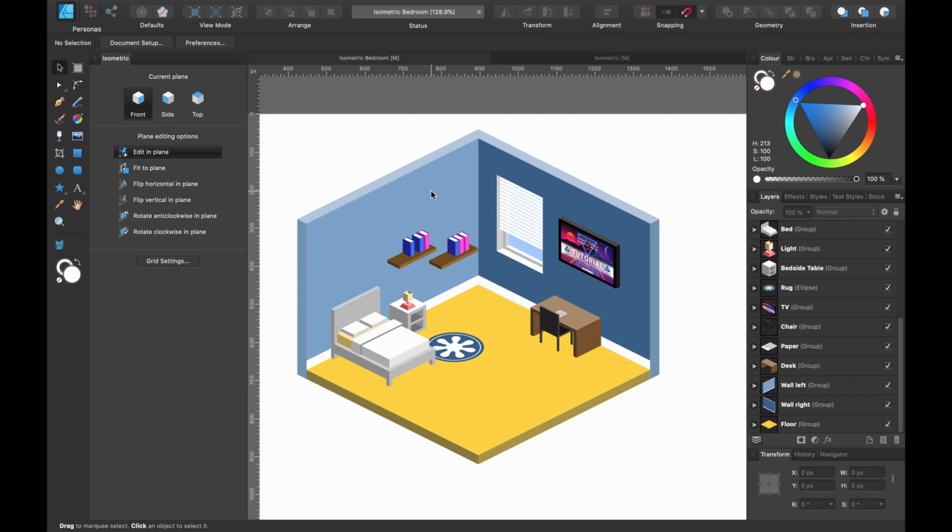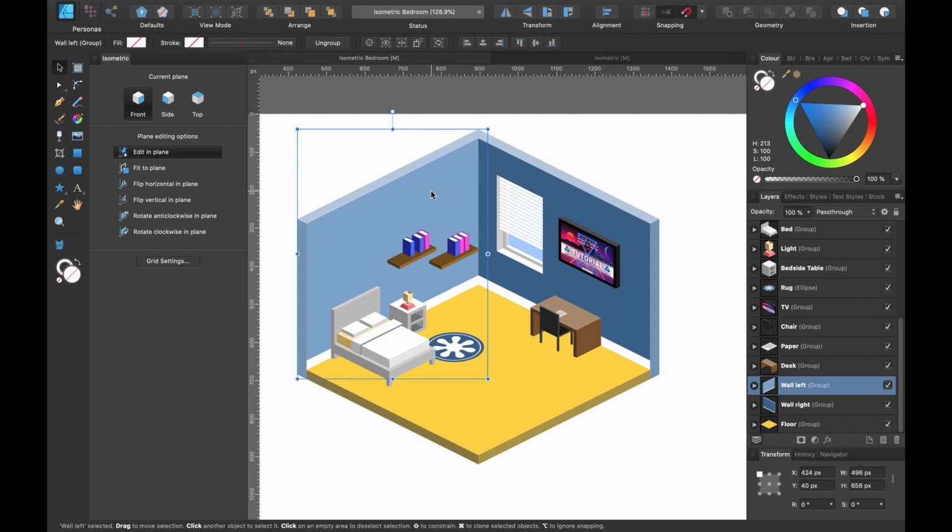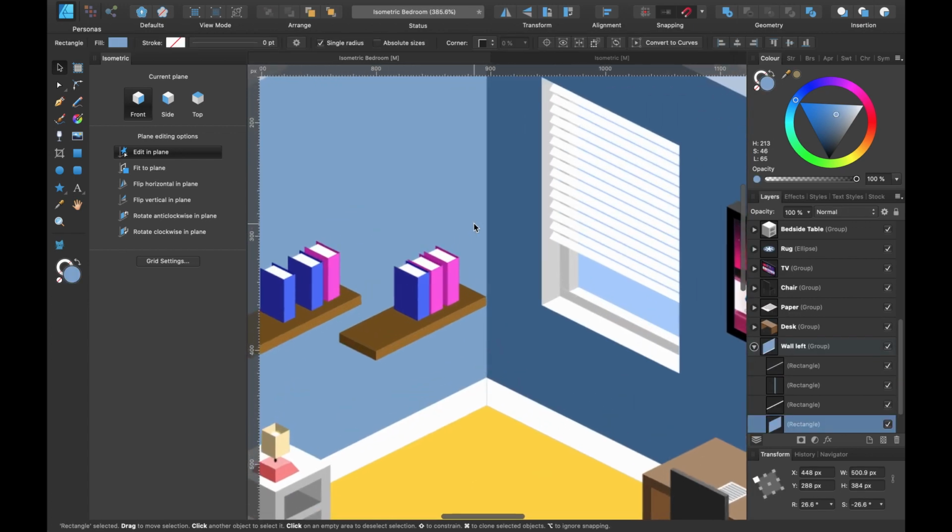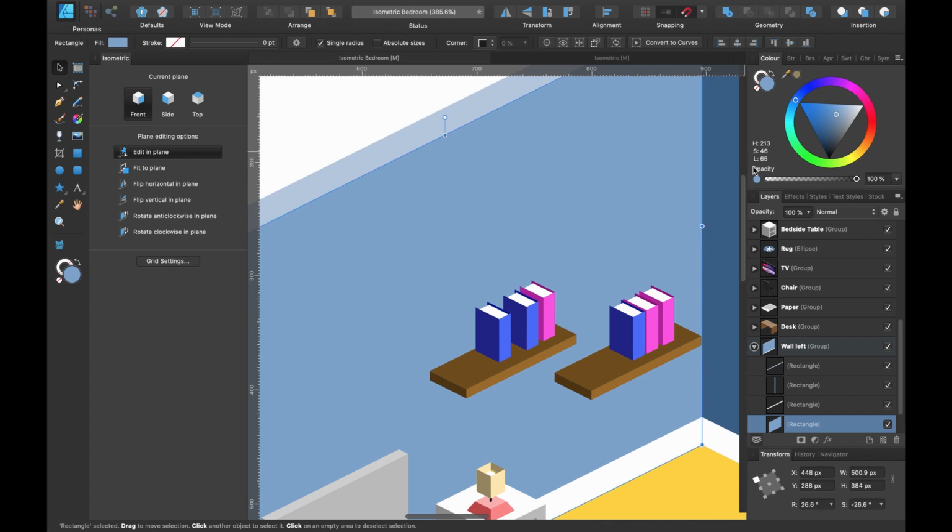One quick way of doing it would be to select the wall, just to add a little bit of texture. Up here under the colors panel, you can click, see where it says opacity? If you click on this, it turns into a thing called noise, and it's got a slider. So if I click and slide that up slightly, you can see it's introducing some kind of grainy texture into the wall.